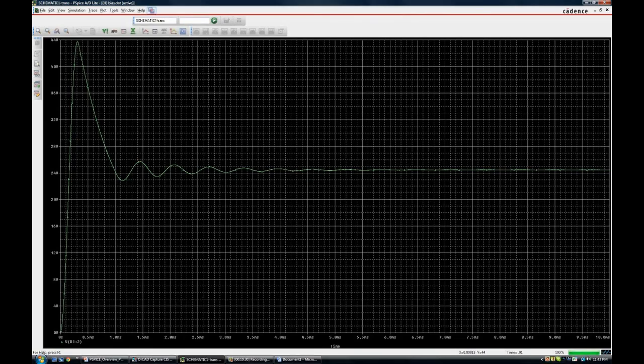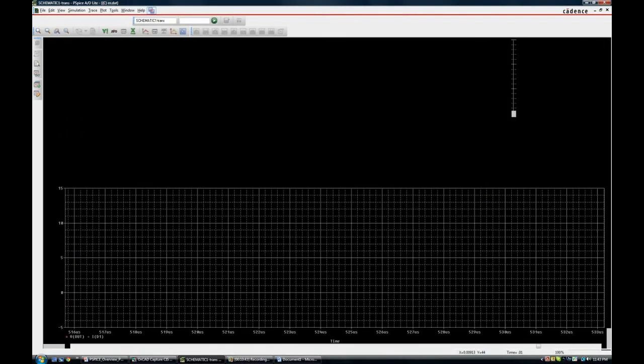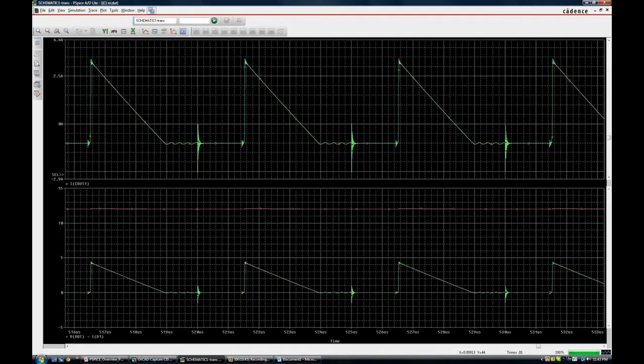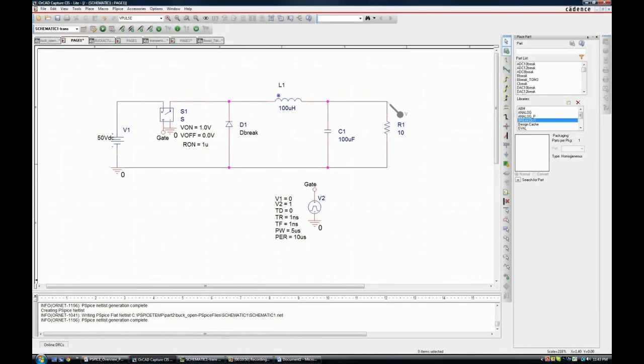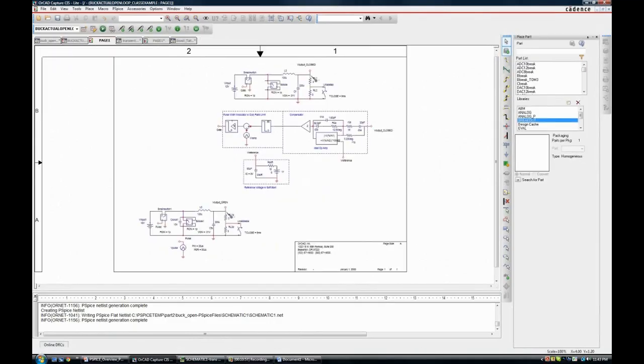Let's investigate closed-loop control because although it's predominantly a power electronics subject, it'll be a good example for how we deal with convergence. Okay, let's close out of all of this, and let's go to our next schematic. So now what you see here is a buck converter, and instead of a diode,